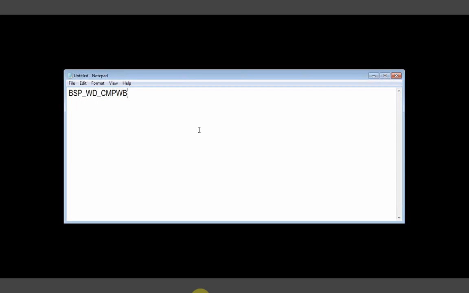So the complete application is a component driven application, and we would be discussing what is a component, what are all the usages of a component. Similar like how we discussed about MVC, we would be discussing in depth what is component driven applications, and what are all the model driven applications. Component, and WB stands for workbench. So BSP WebDynpro component workbench is a transaction that we would be using to view the UI component.